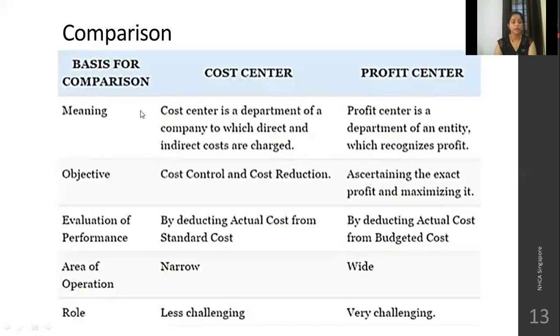Cost center and profit center: a cost center is a department of a company to which direct and indirect costs are charged. A profit center is a department or entity which recognizes profit. The objective is cost control and cost reduction for a cost center. In a profit center, it is ascertaining the exact profit and maximizing the profit. Evaluation is by deducting actual cost from the standard cost, or the budgeted cost. Area of operation is quite narrow in a cost center and quite wide in a profit center. Role is less challenging in a cost center. In a profit center, the roles are very